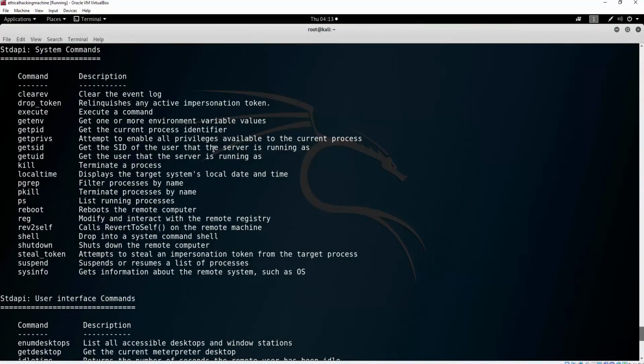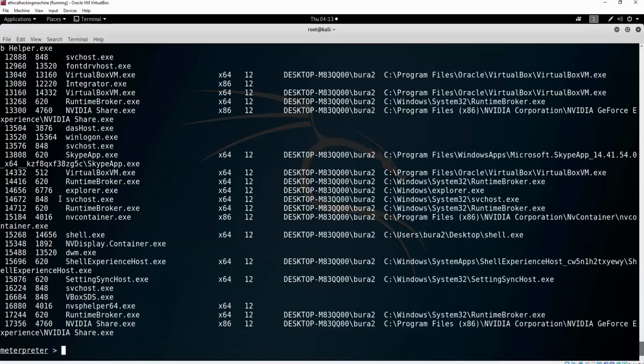I will show you those commands once we attack the Windows 7 with Eternal Blue. But for now, let's see some of the other commands. Let's, for example, check out ps, which is the command to list all the running processes, which could be useful. So we can just type ps here, and it will give us all of the processes currently running